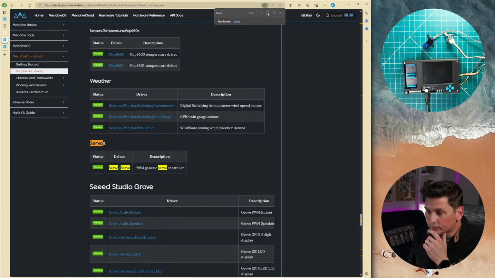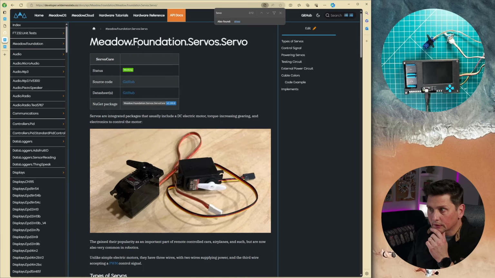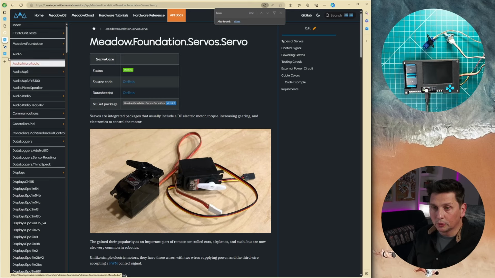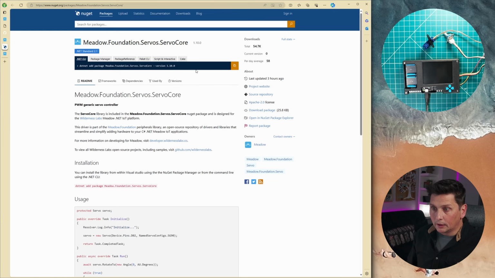We can go I2C directly. Oh, look at that. Generic PWM, generic servo controller. As simple as Servos.Servo, right? So that thing here is a new NuGet package that you need to add in order to have support for servos in there. So I'm going to just copy that.